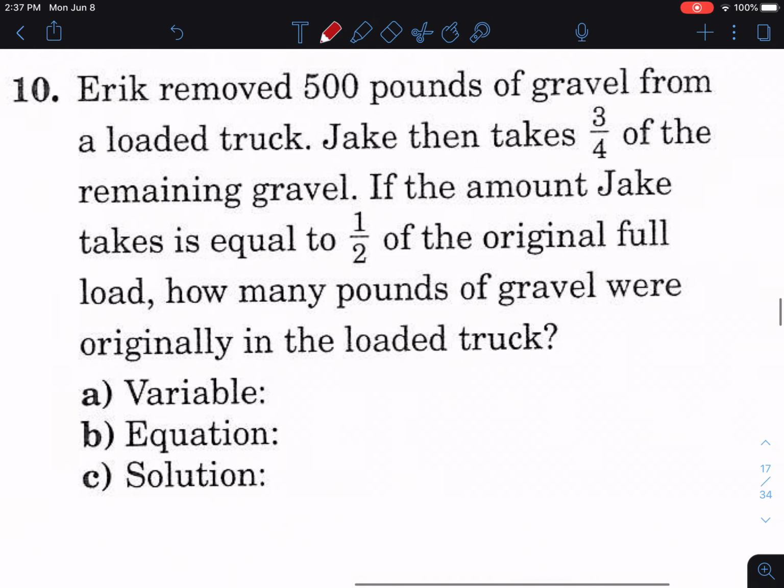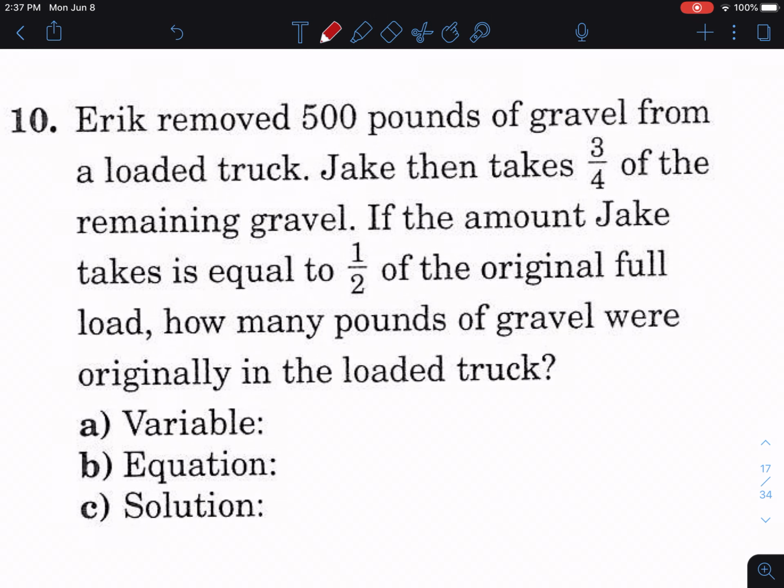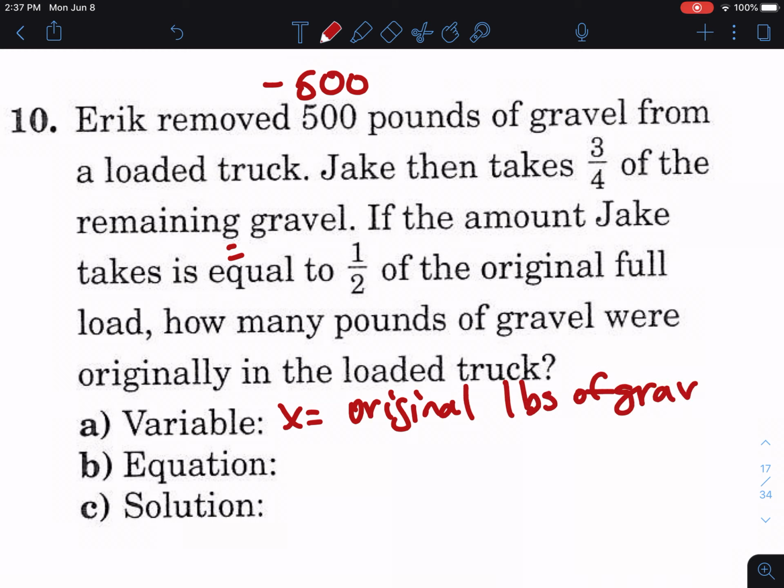Okay, number 10. Eric removed 500 pounds of gravel from a loaded truck. So we're going to subtract 500 somewhere. Jake then takes 3/4 of the remaining gravel. If the amount Jake takes is equal, so there's going to be an equal, to 1/2 the original full load, how many pounds of gravel were originally loaded into the truck? So our variable is X. This is original pounds of gravel. Okay? So our equation here is